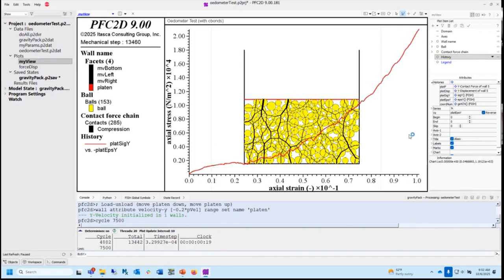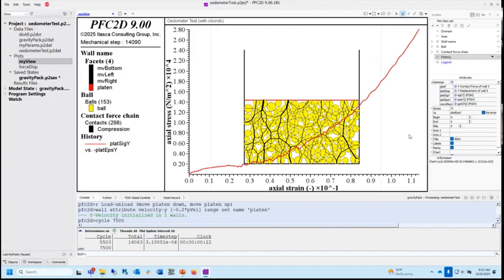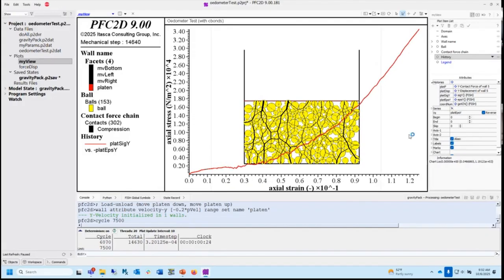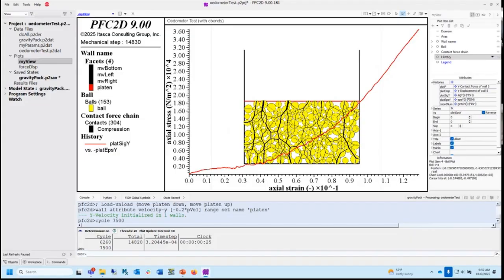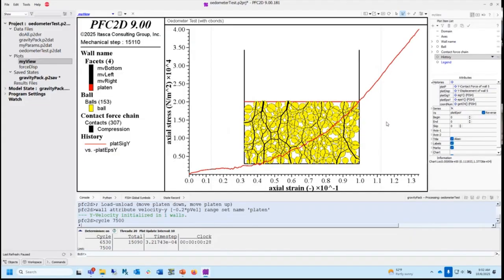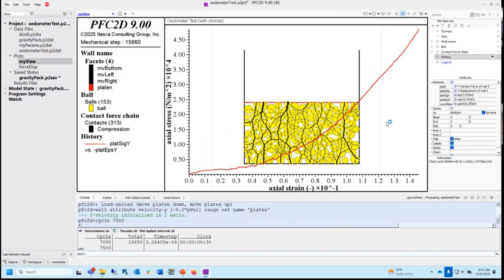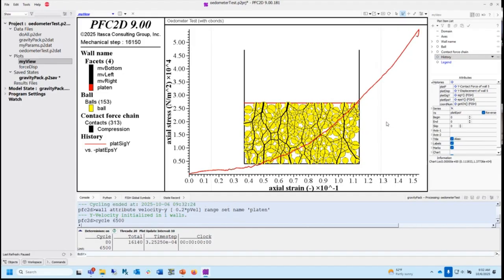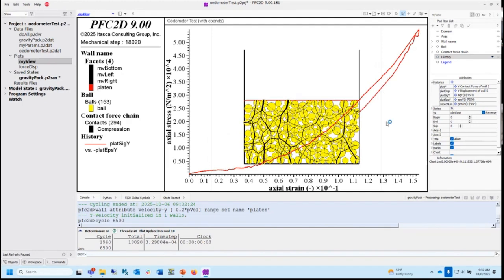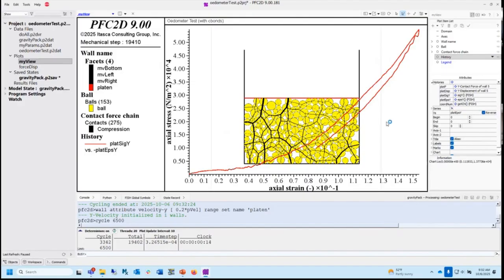So this is an odometer test. It's a granular material. And you can see how it starts stiffening originally, and that's because you get new contacts forming. And now it's pretty much not doing much of anything except squeezing the springs. And now we're pulling the platen back, and we're tracing the unloading curve. And if you recall, the area under the unloading curve is going to be less than the area under the loading curve, which means what?